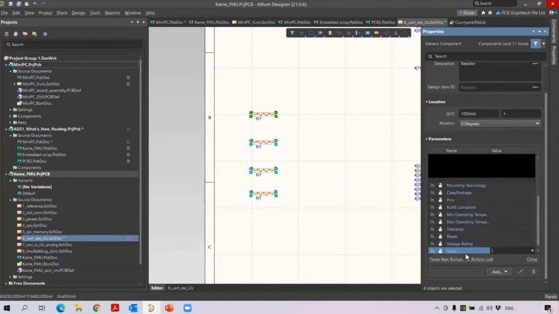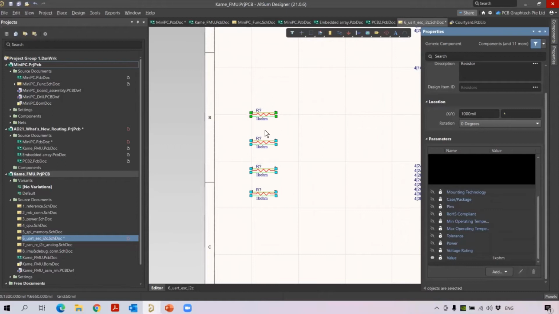So to assign the value, I just click on the value. Here I can scroll down and find out what value I want to use for the resistors. So I can choose 1 kilo ohm resistor. So let me scroll here. Okay, scroll down to see 1 kilo ohm resistor. So once I choose 1 kilo ohm and click on the I symbol, I will be able to see the value here. Okay, so I can see the 1 kilo ohm resistor.